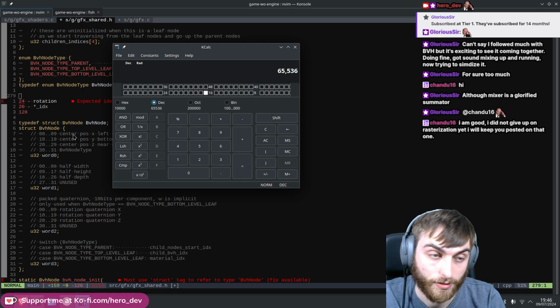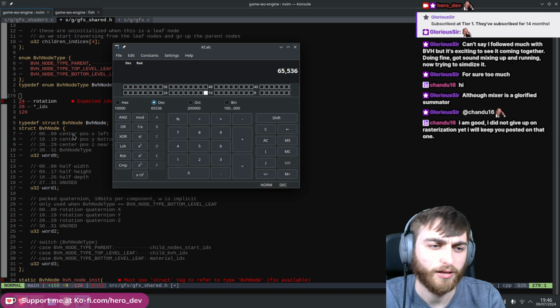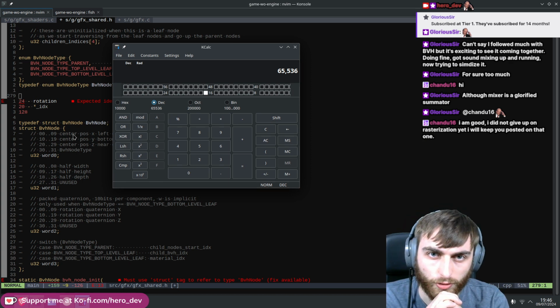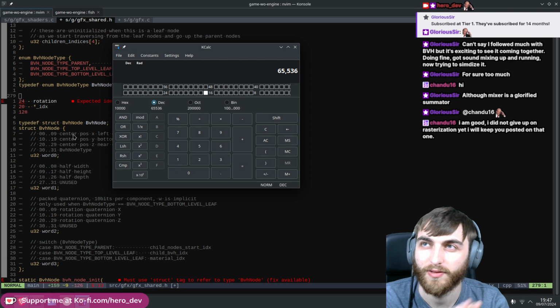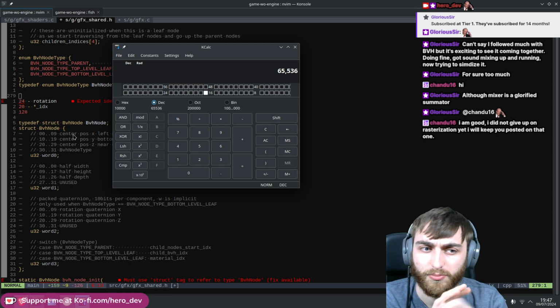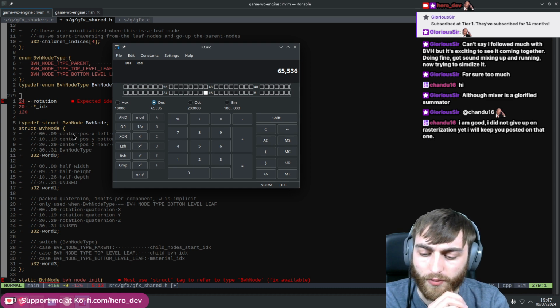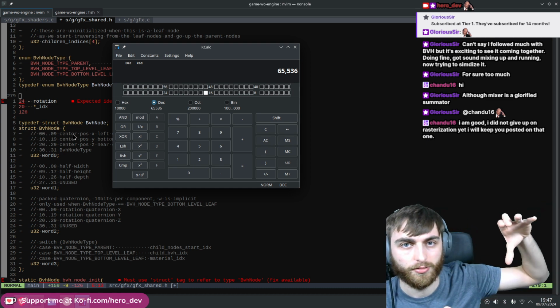64K. So, you know, it's kind of nice. And I think we only need good resolution on the X and the Z axis. The Y axis could suffer a little bit. And maybe the Z axis could have a little bit less as well, because if we're doing a camera from behind, you definitely have a